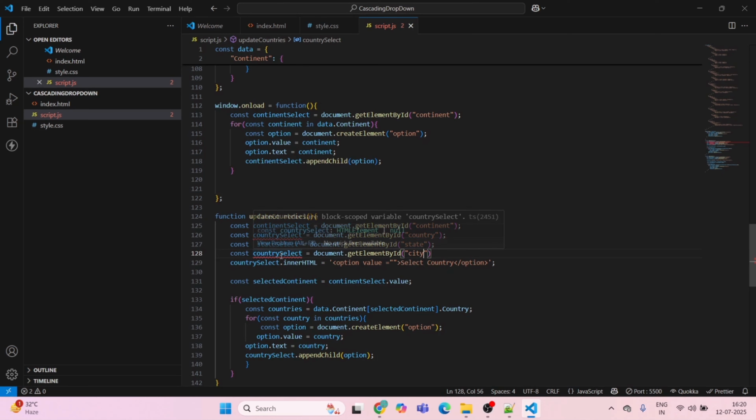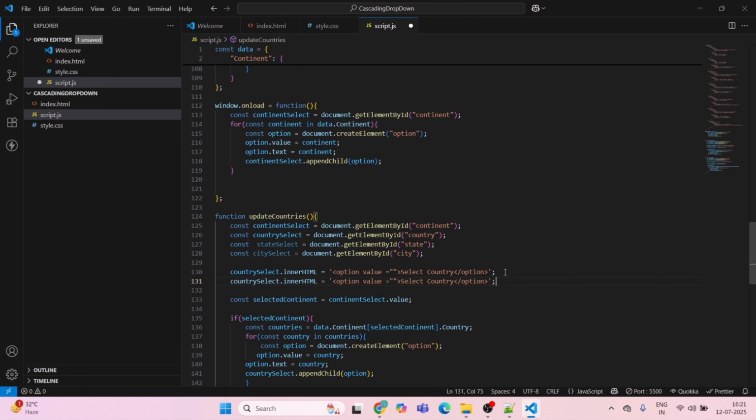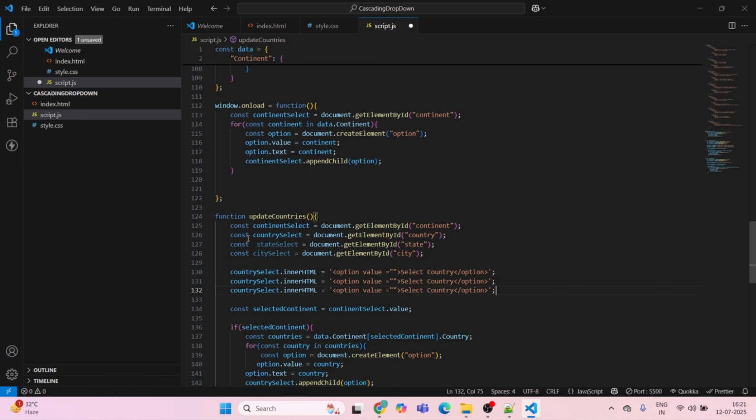It will be not country, but it will be city. Yeah. Now what we have here is the same way we have added, right? We'll add it two more times, and it was country, will be city, and it will be state, and here it will be state, it will be